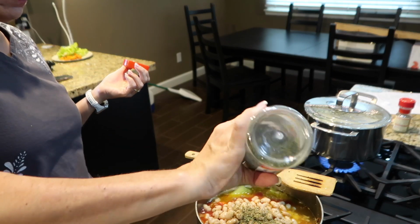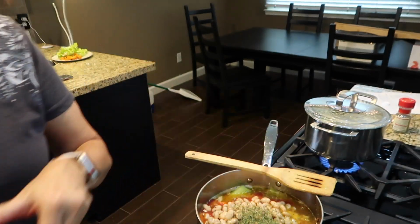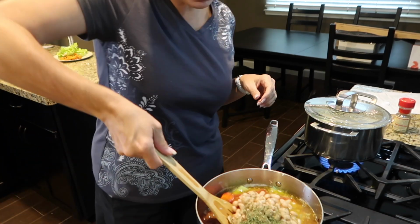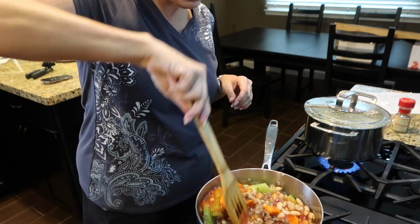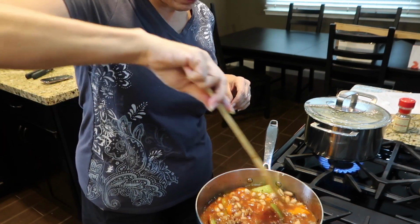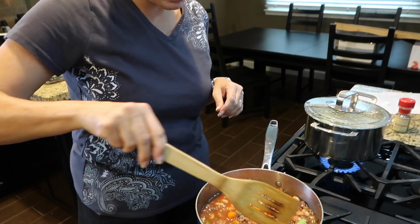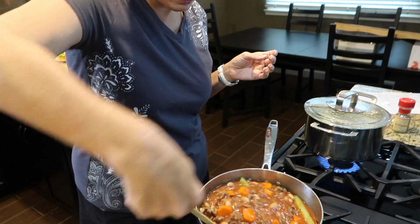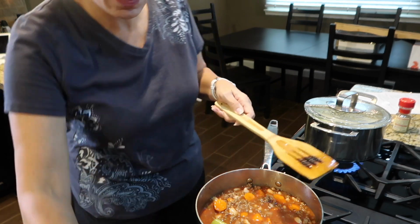So you can put parsley in now or at the end, but I prefer, since it's dried, to put it in now so it makes it nice and soft. Parsley just imparts a freshness, a brightness to your meals, to your soups. Some people enjoy it, some people could take it or leave it. So I can take it or leave it. It doesn't matter. So, all right, a little more liquid